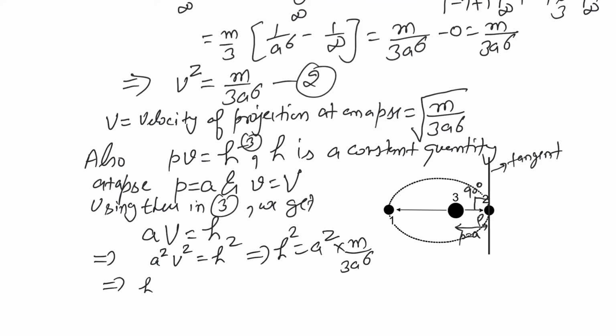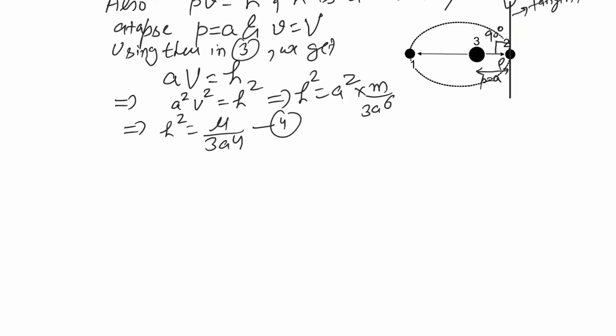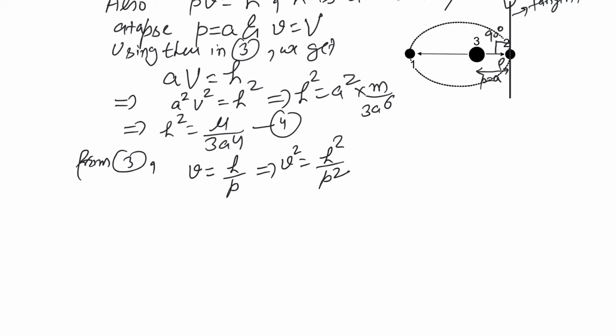This implies that h square is equal to mu by 3 a^4, and you are going to name this as equation number 4. Now see, from equation number 3 we can also write that v is equal to h by p. This implies that v square is equal to h square by p square,